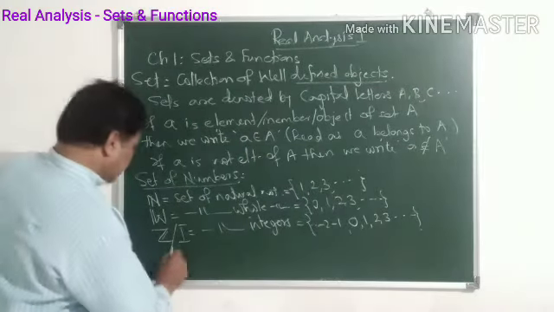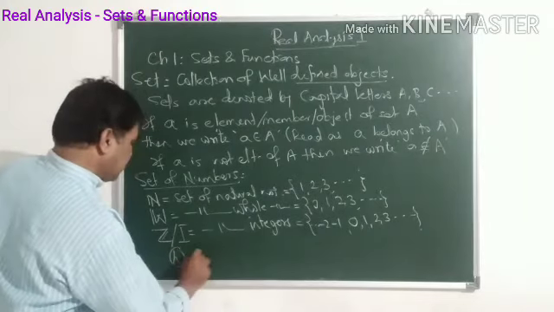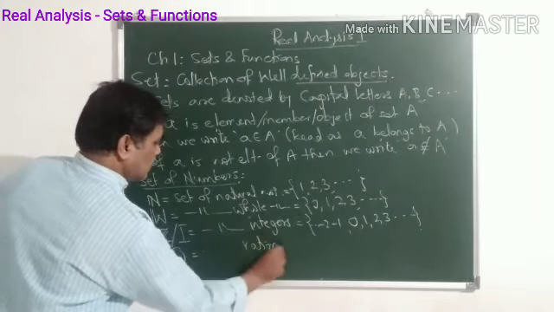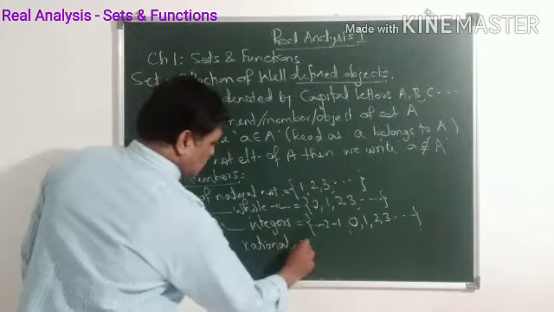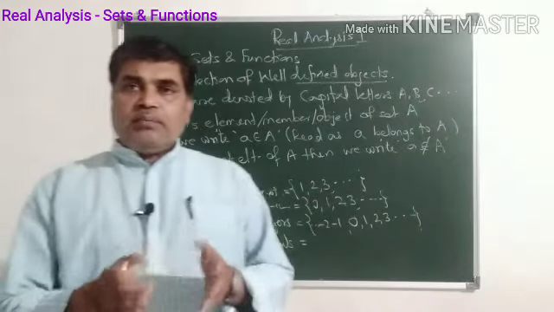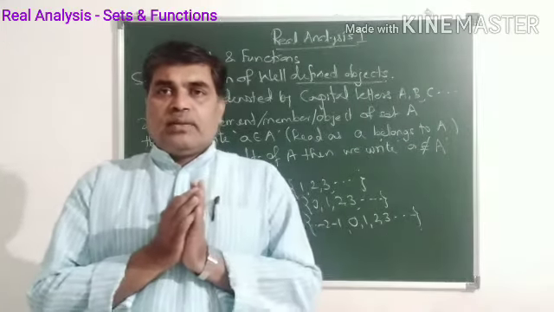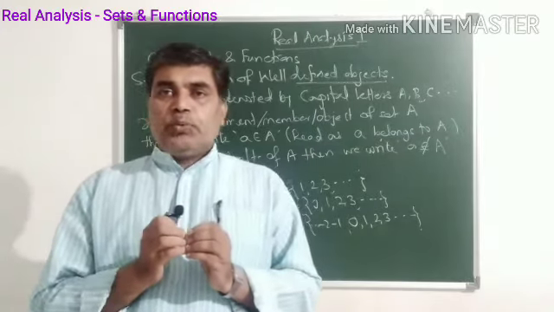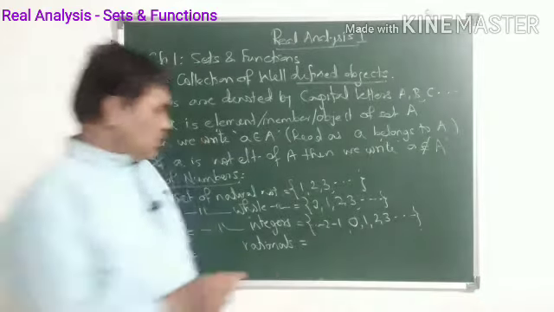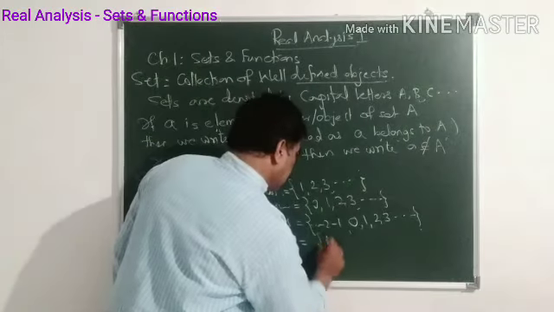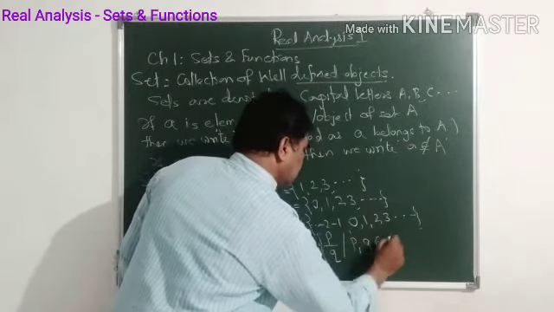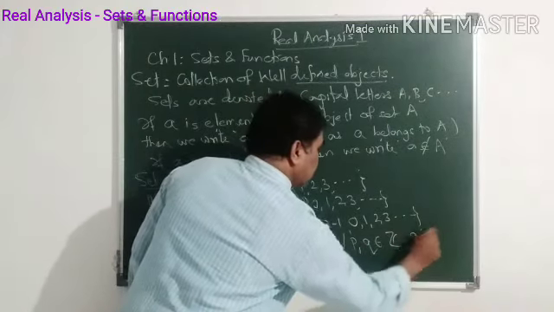After integers, you have studied the set of rational numbers, the set of rationals. What is a rational number? A real number which is written in the form p by q, where q is a non-zero integer and p is also an integer. So it contains numbers of the form p by q, where p and q are integers and the denominator is not 0.